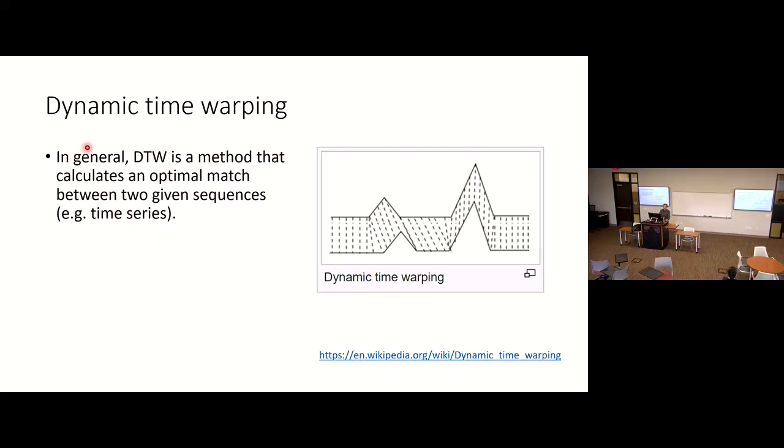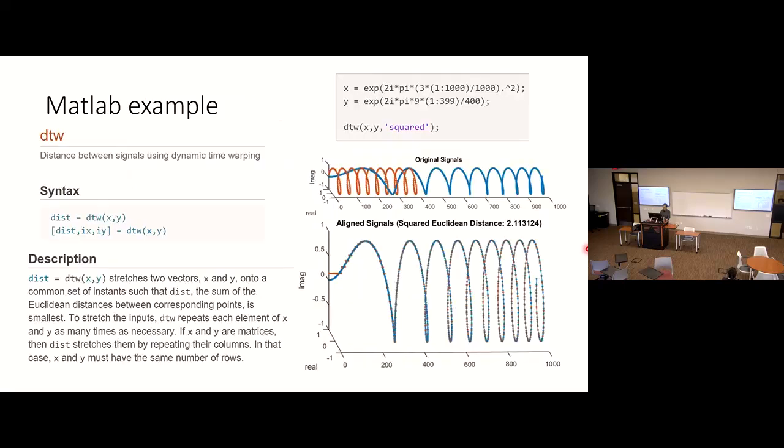Then there is a different technique called dynamic time warping. This allows you to optimize a match between two given sequences. You have two sequences of data, like samples. You get a signal from different time points, but you sampled at different frequencies. So one sequence may be longer while the other is not. So you want to align them by the distance